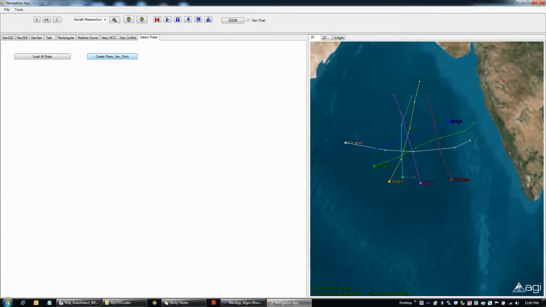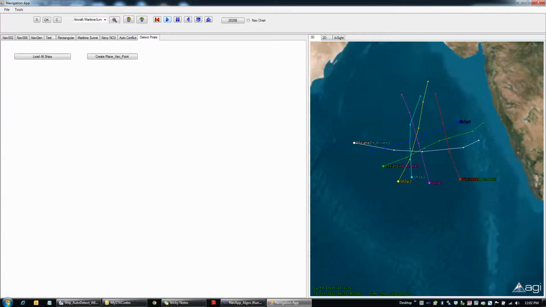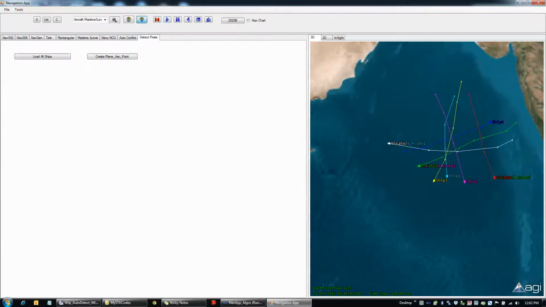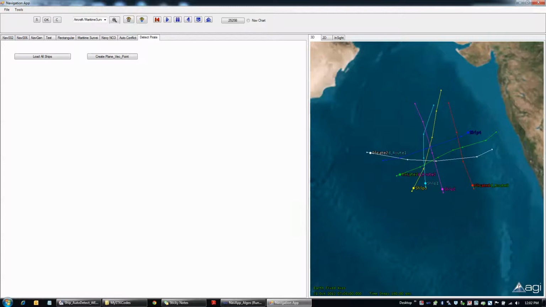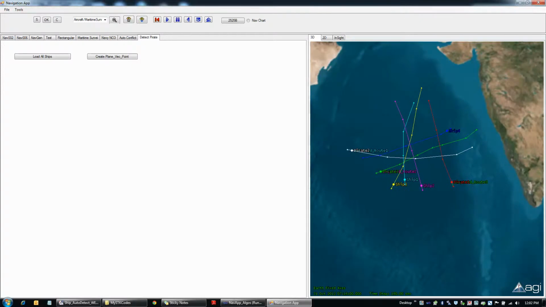Once you know that it is done, you can click on this animation button, and you can see that it has automatically computed the routes, computed route 1, computed route 2, computed route 3. Based on those bearing angle information, it has computed all these routes, and you can see that it is well coinciding with all these pirate ships.